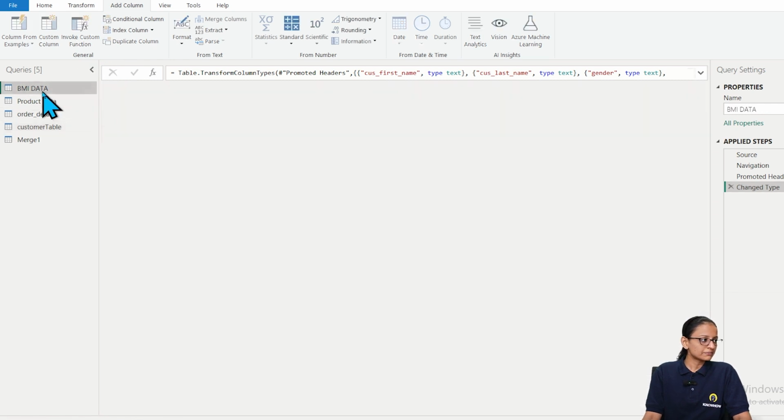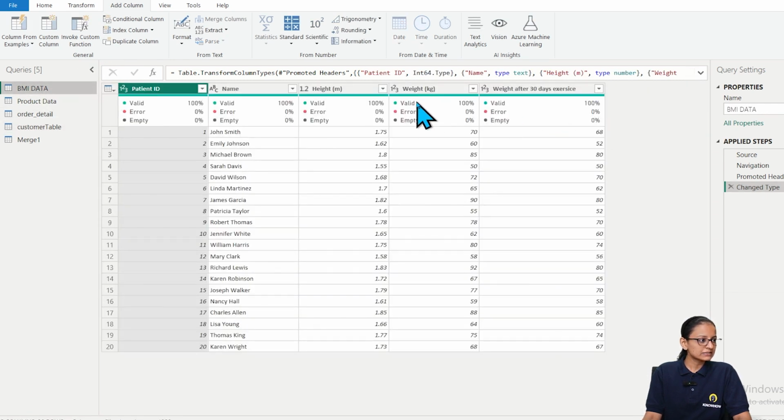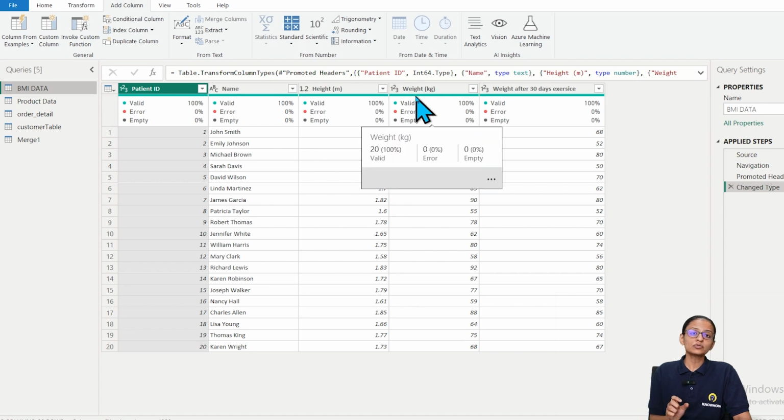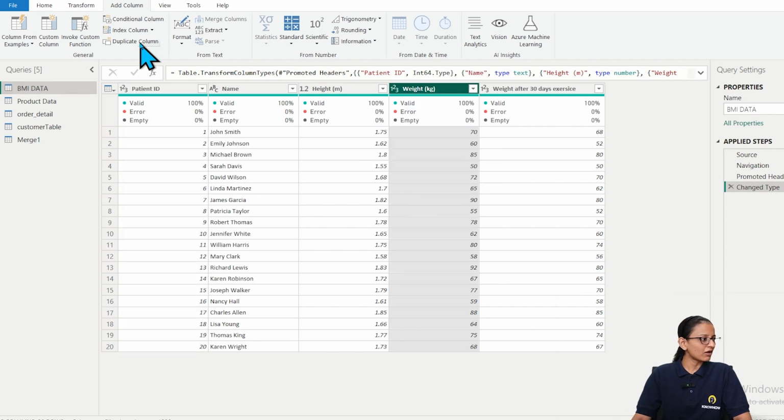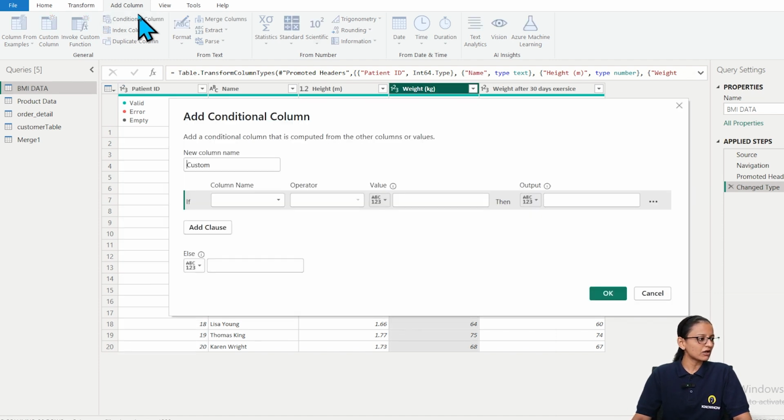Let's say this is BMI data and this is weight. Based on that, you want to say whether the person is overweight, underweight or normal. So you can add a conditional column like that. Let's say if a person's weight is more than 50, it's not true, but let's say if weight is more than 50, we can say they are overweight, otherwise they are underweight. So for that, you can select that column and click on conditional column,